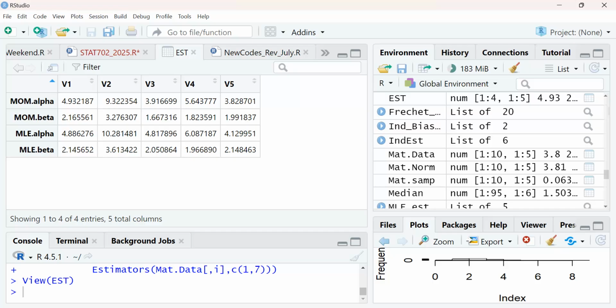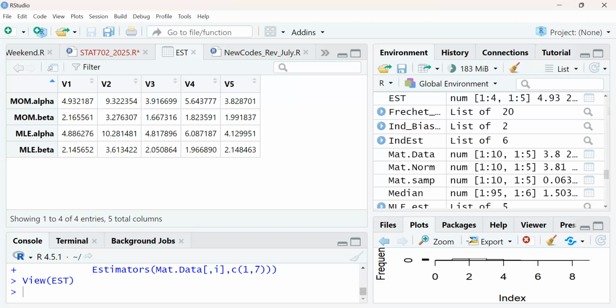But usually you want your variables to be on the columns, and then the repetitions on the rows, not the other way around. So I can go back and put everything in the T function, which is what? Transpose. And when I transpose, the rows will become columns, and so forth.